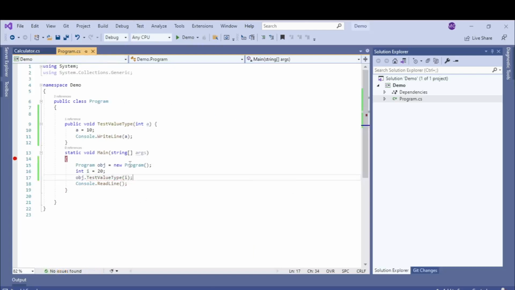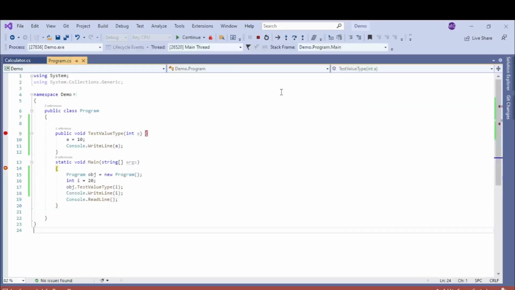Now let's see what happens. Let's add another Console.WriteLine to print the value of i after this method is executed. This will confirm whether this i has changed or not. Let's debug it. See, the control has come. Now this is creating the object obj. i is 20.